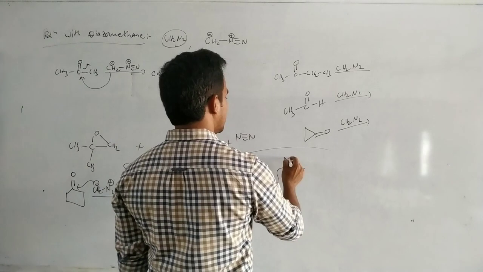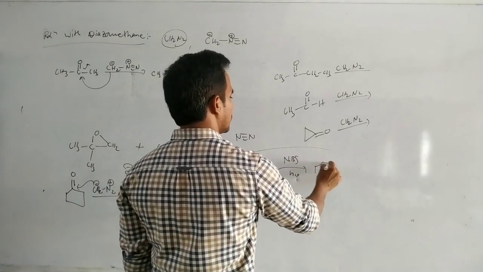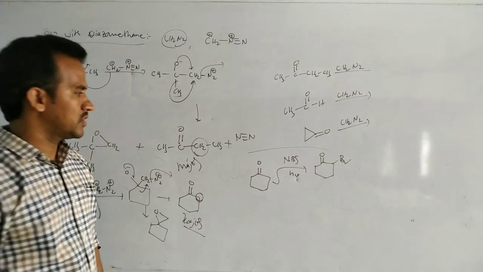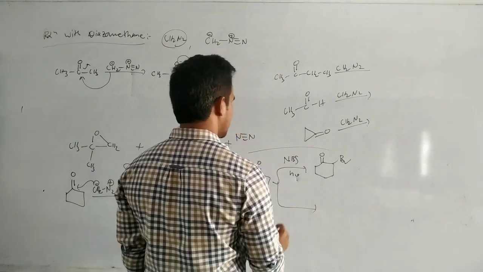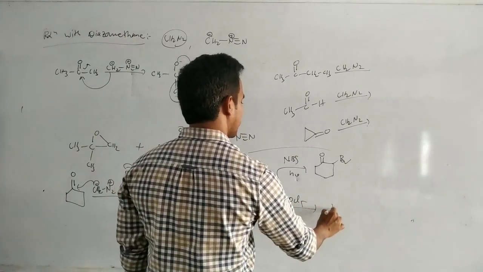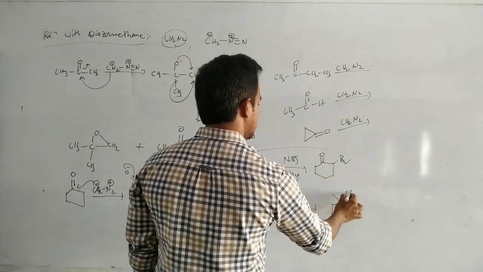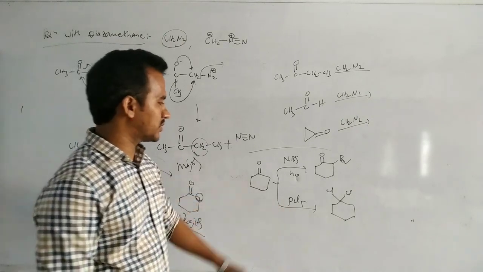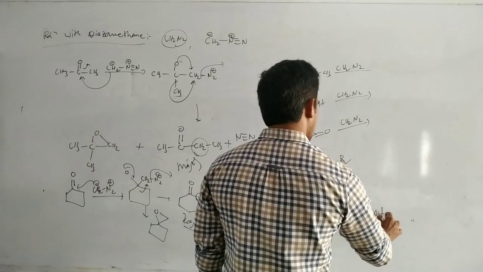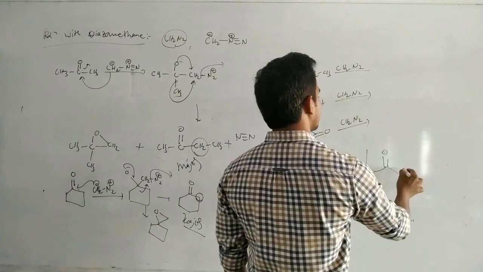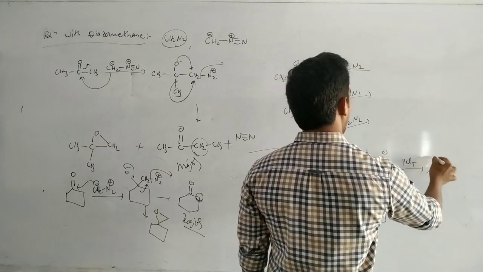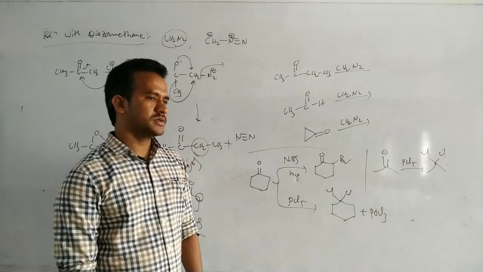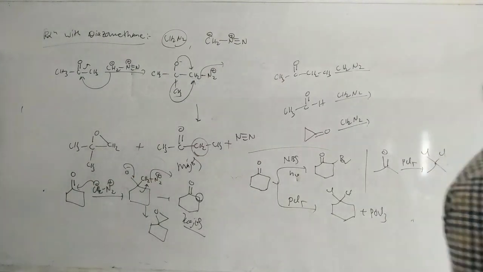First, suppose this carbonyl compound is treated with NBS, hv, where alpha bromination takes place. Alpha bromination. Next, if this compound is treated with PCl5, remember these reactions, Cl and Cl. On treating with PCl5, this is the product, and the side product is POCl3. First, suppose this ketone is treated with PCl5, Cl and Cl, gem dihalides are produced.